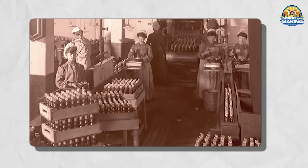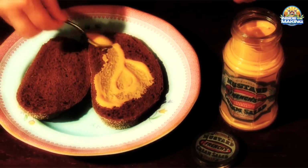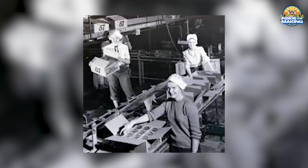To beat the competition, Heinz pioneered the fine grinding techniques when the other brands were not even bothering with filtration. His mustard didn't just taste better, it also looked better, spread better, and stayed fresher for long durations. It quickly gained popularity and became a staple in American households by the mid-20th century. As hot dogs, burgers, and sandwiches became icons of American cuisine, Heinz mustard became the go-to choice for millions of